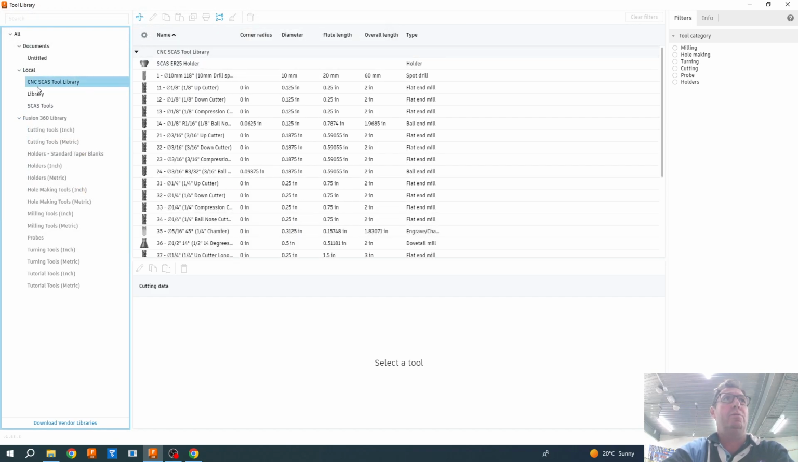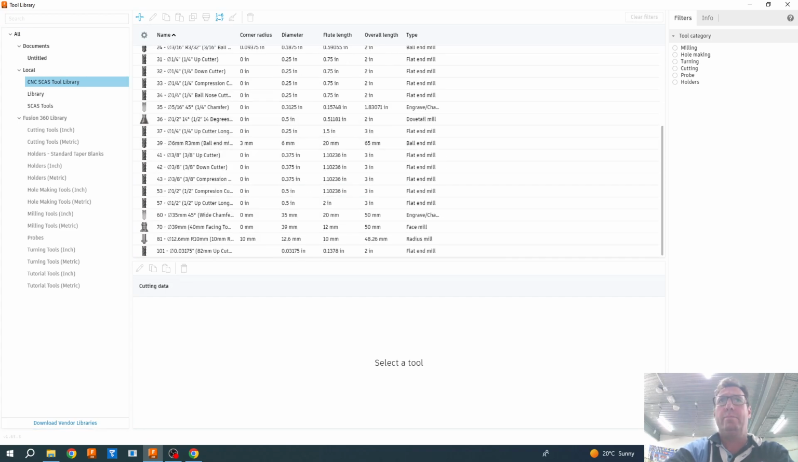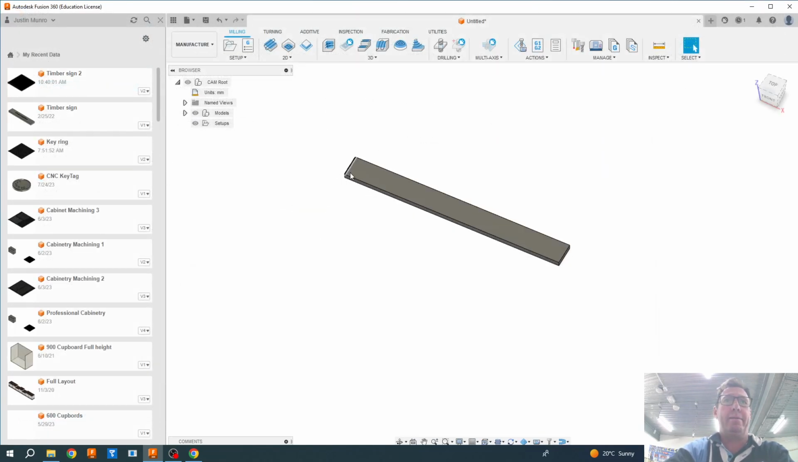And what that will do, as you can see here, is it'll drop a new library in, and you'll have all of these tools listed. Hitting close, and we're back now in the manufacturing